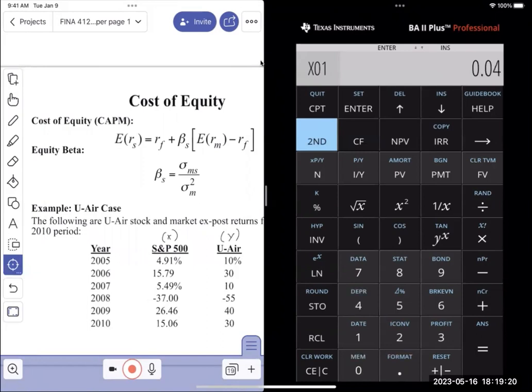So 0.0491 and then 0.1 and 0.1579 and 0.3 and then 0.0549 and 0.1. And now don't forget it's a negative, 0.37 negative and 0.55 negative and